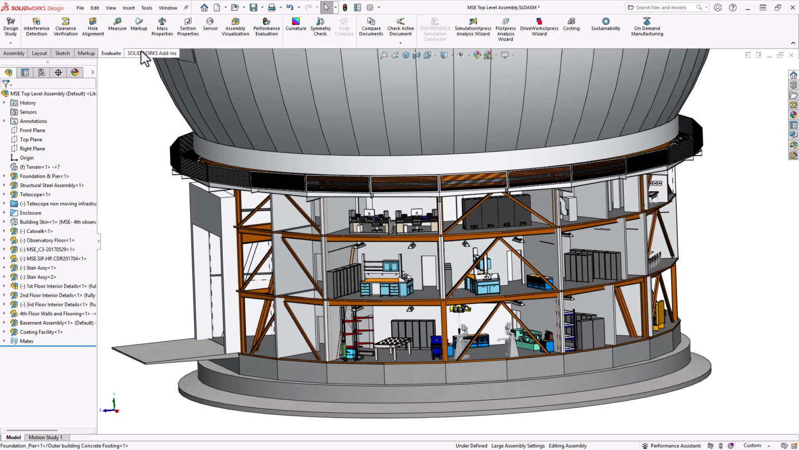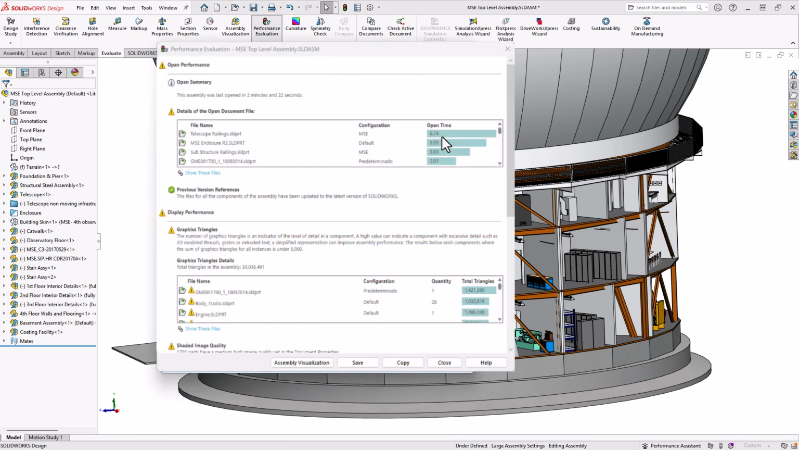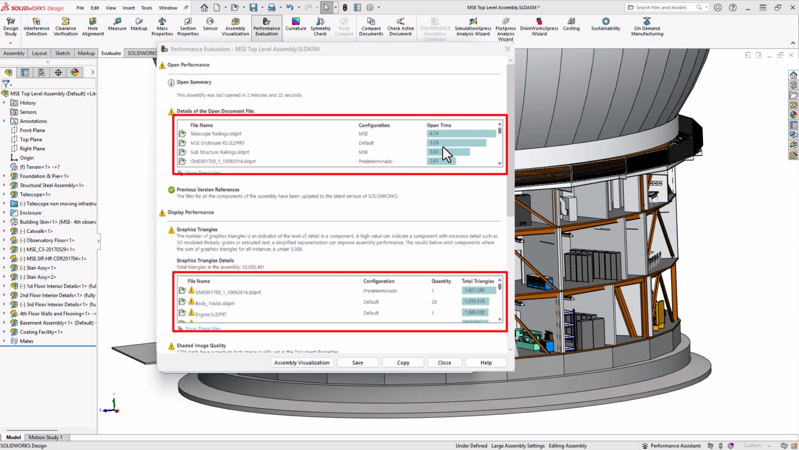Let's take a look at the statistics for this top level assembly. We see that many of the long open times and high graphics triangles are coming from components that don't affect the top level assembly much. The goal is to reduce these open times and triangle counts, among other things, to allow this top-level assembly to